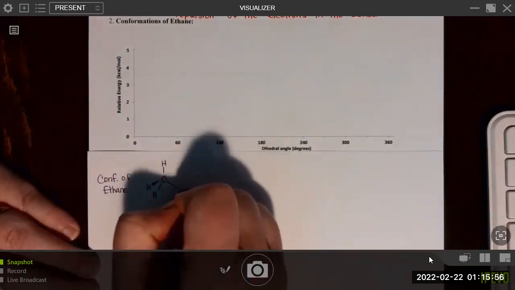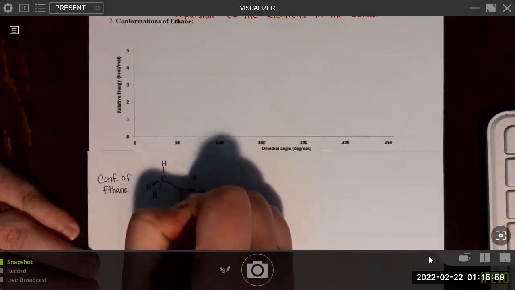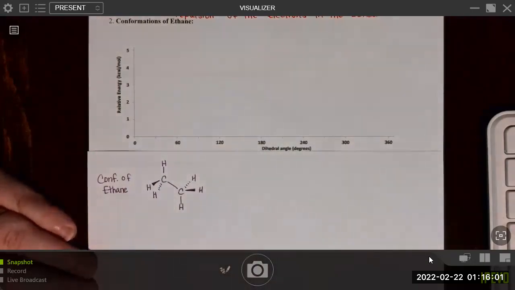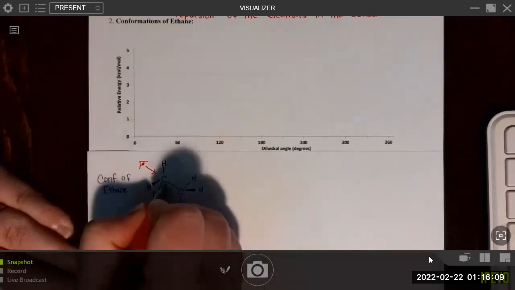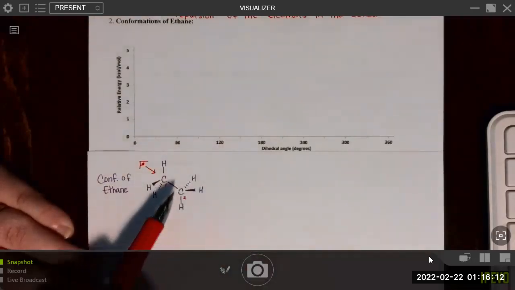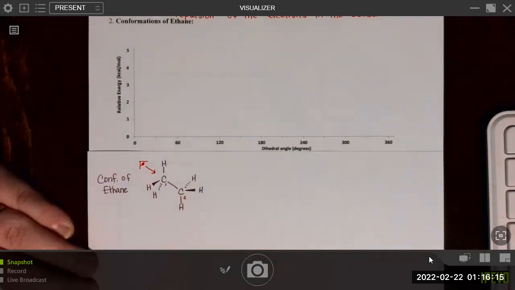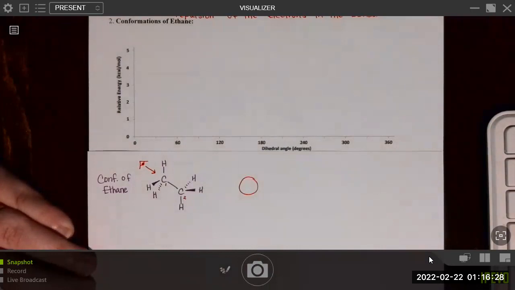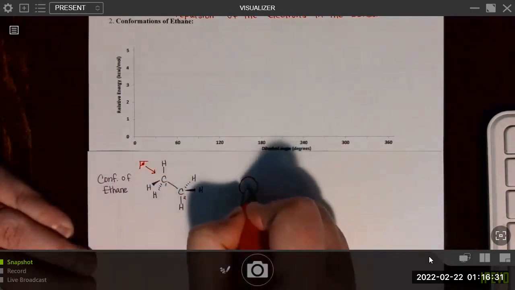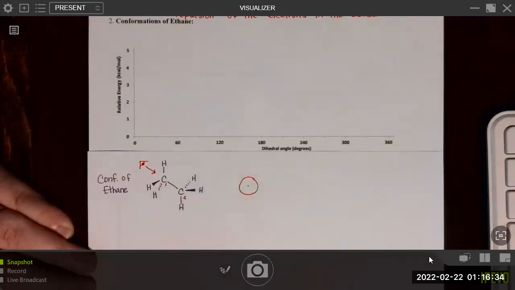So we're basically just going to be placing our eyeball over here and looking down this carbon-carbon bond, where C1 is going to be the front carbon and C2 will be the back carbon. And of course, if we were just asked to draw what we see, then we would come over here and draw a Newman projection of what we see. And then again, C1 is this dot, and C2 is represented by the circle.